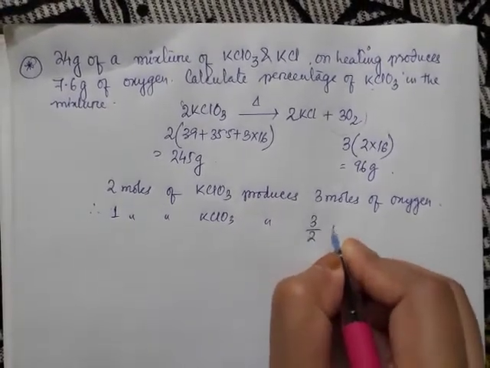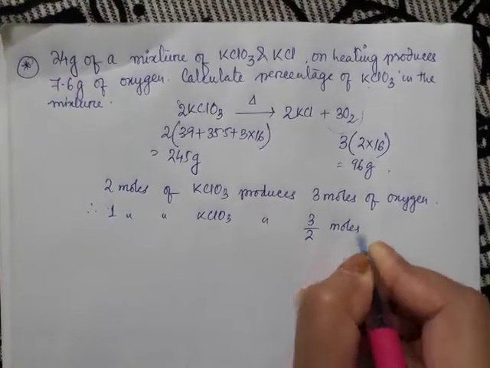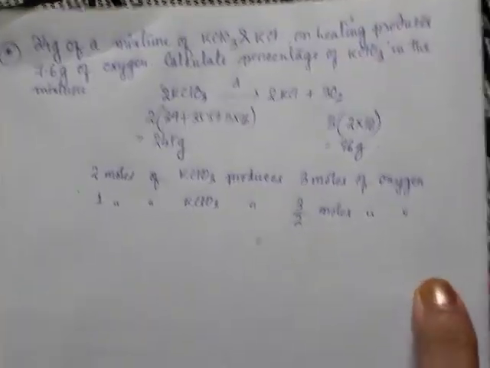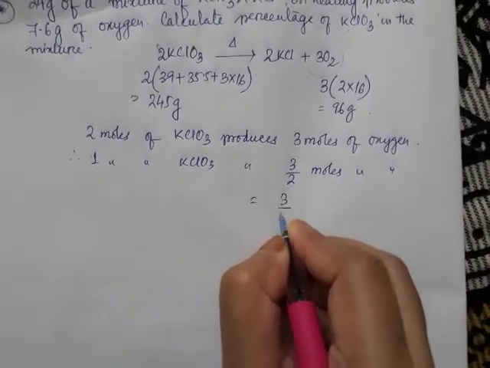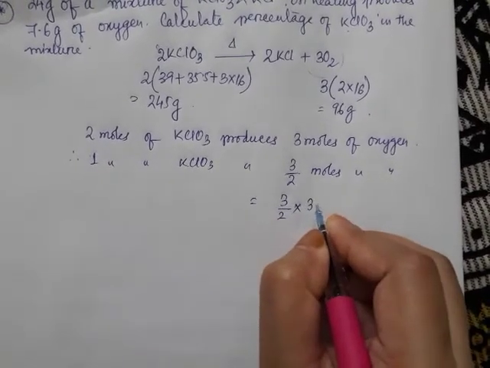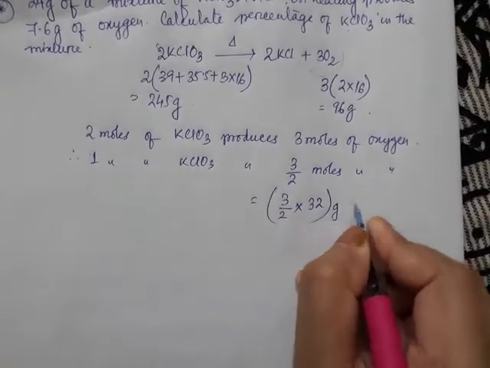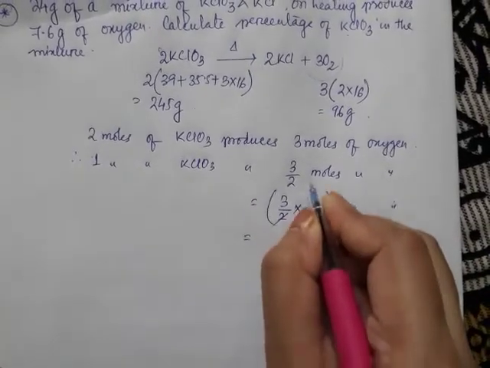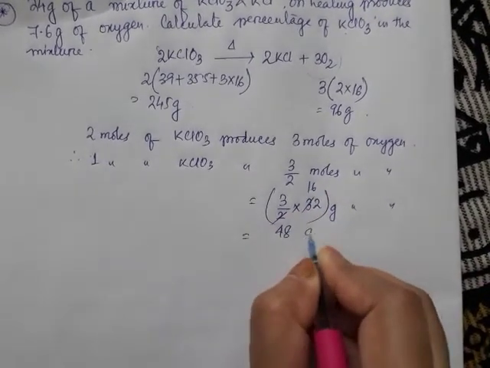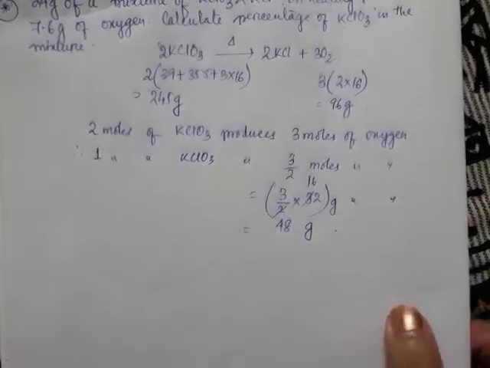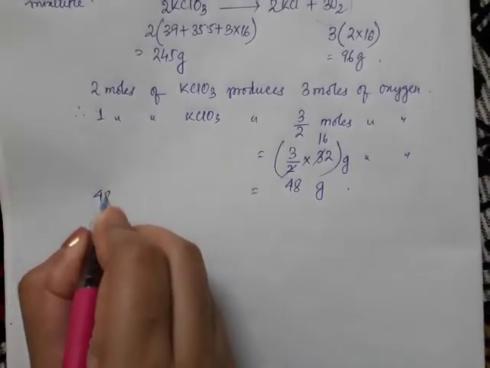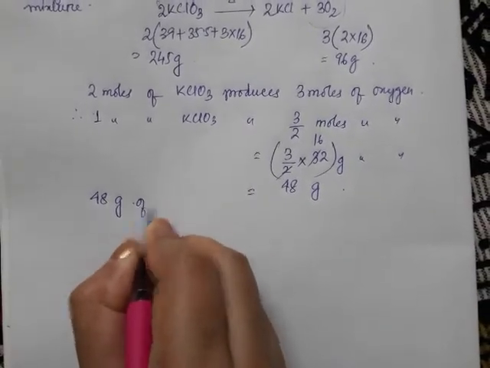So 3 by 2 moles of oxygen. 3 by 2 moles means we have to convert it into grams. So 48 grams, right? So 48 grams of oxygen